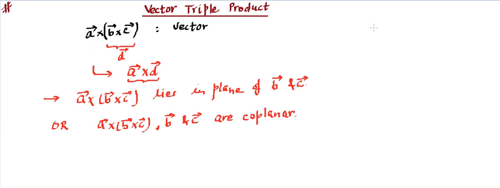Similarly, suppose somebody writes A cross B in a bracket, and then we are doing this cross product with C. Can you think of the plane in which this vector is going to lie? You will say this is going to be perpendicular to the plane of A and B, and the final is going to be perpendicular to this perpendicular. Hence it will convert into the plane of A and B. So we will say this is in plane of A vector and B vector.